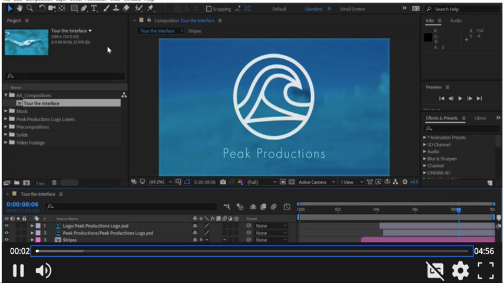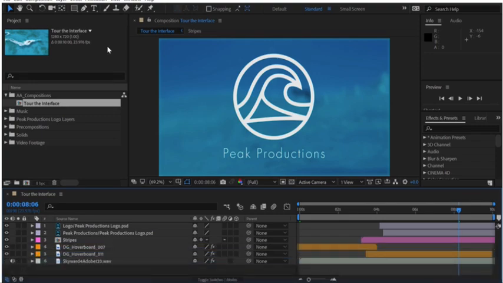Take a look at how the interface of After Effects is designed so you can begin to get comfortable navigating the application. I'm going to be working in a project I've already built, but please feel free to follow along using any After Effects project. Now it's important to note there are many different panels, buttons, switches, and options to the interface. And in this video, we'll be focusing on the main elements of the interface to get you up and running